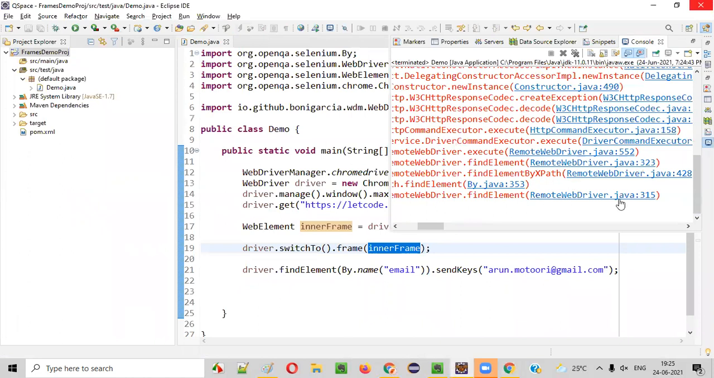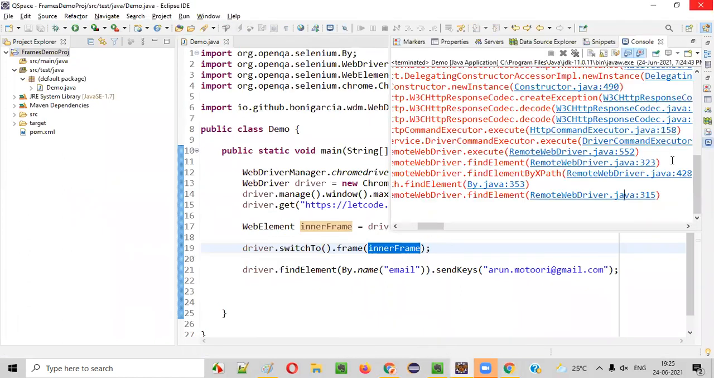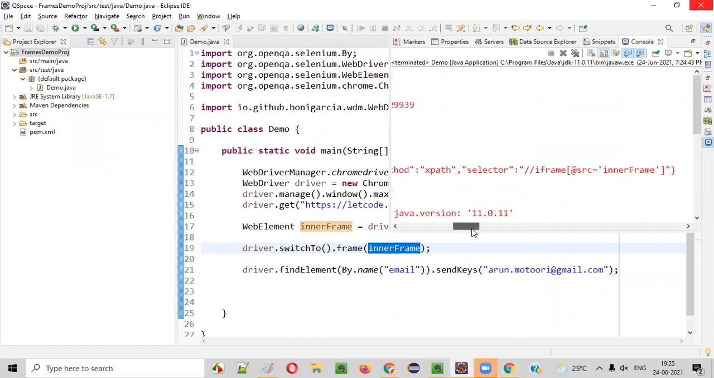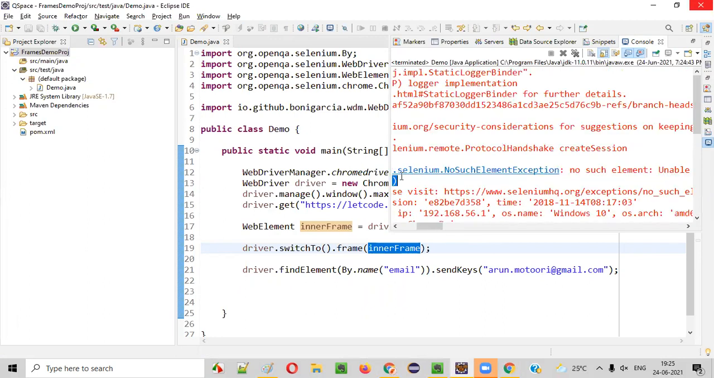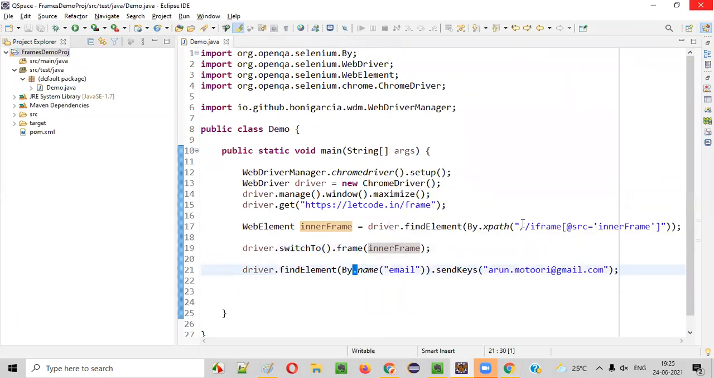So at which line did I get the exception, guys? Not this one, sorry. Let me check it again. At which line did I get the no such element exception? Unable to locate XPath selector. You see, it's not giving no such frame exception here, but it's trying to locate the frame only. It's unable to locate the frame, guys,